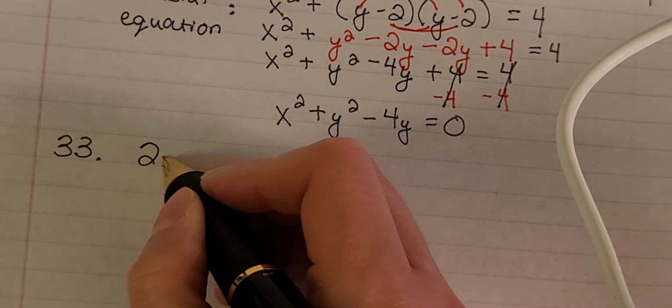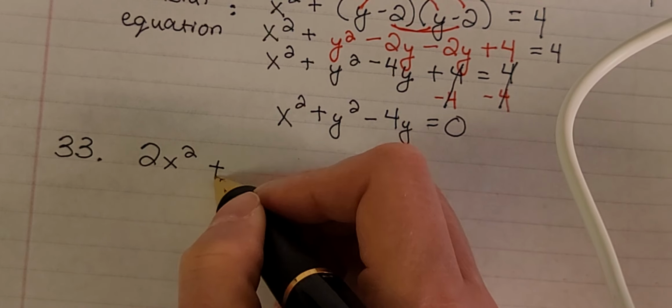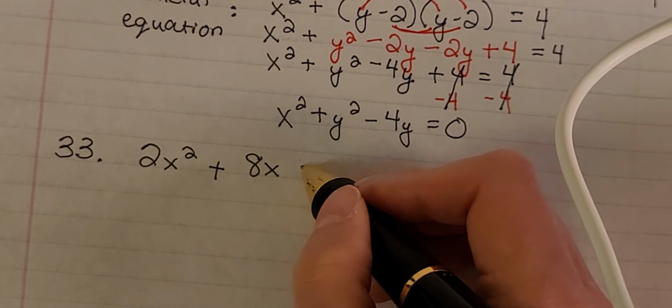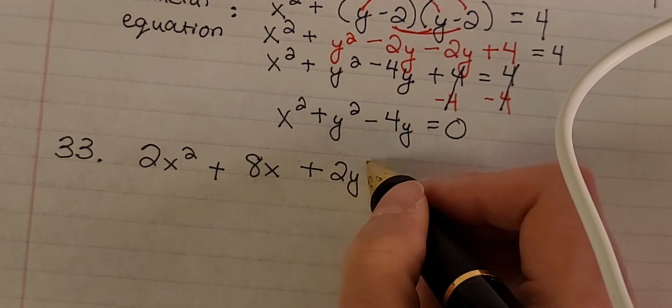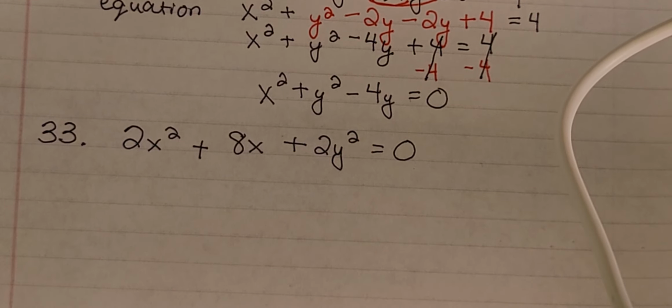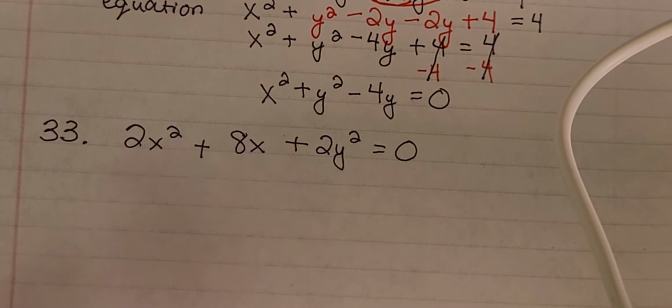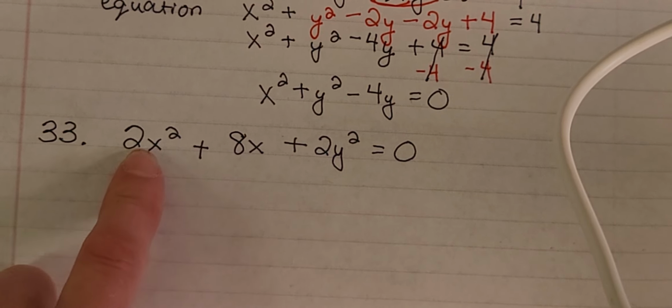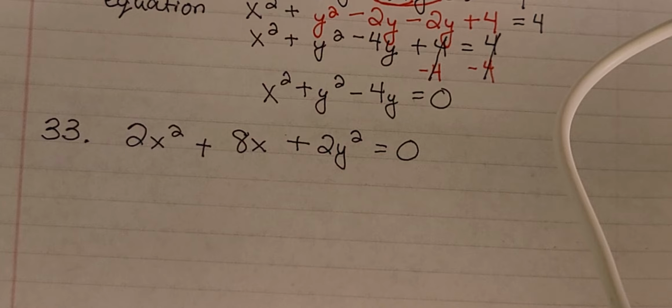All right, so it has 2x squared plus 8x plus 2y squared equals 0. So when we're working this problem out, we're going to have to complete the square. But in order to complete the square, this has to have a coefficient of 1. And it does not right now have a coefficient of 1, so we have to get rid of this 2